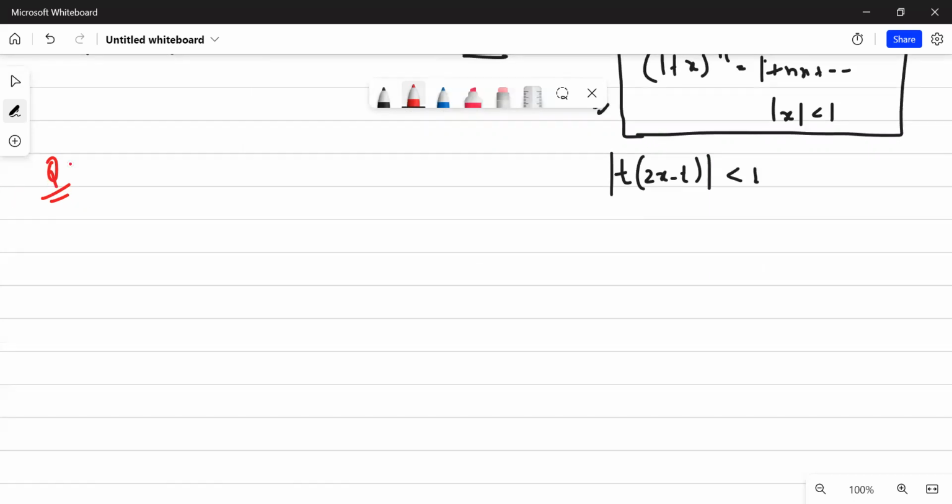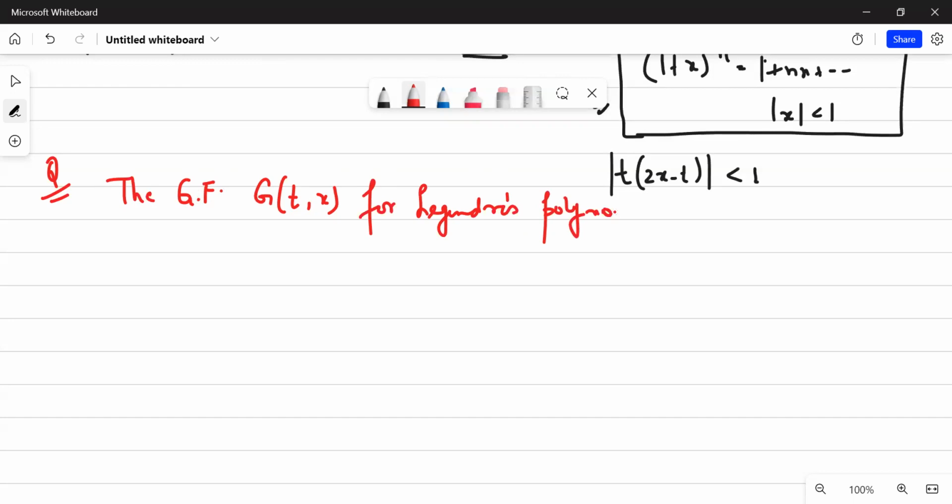That question says that the generating function g(t, x), so they have given to you g(t, x). Now, instead of x comma t, they have given t comma x, and these are all apparent difficulties that are thrown to the students, because actually क्या होता है, जैसे ये दिखा, they will make certain mistakes because उनके दिमाग में कुछ चल ही रहा होता है. For Legendre polynomials, ये ऐसे दे रखा है,